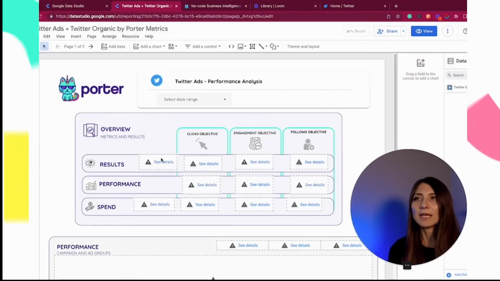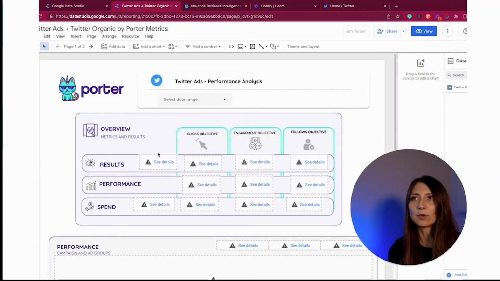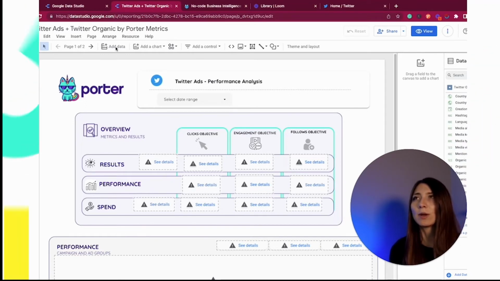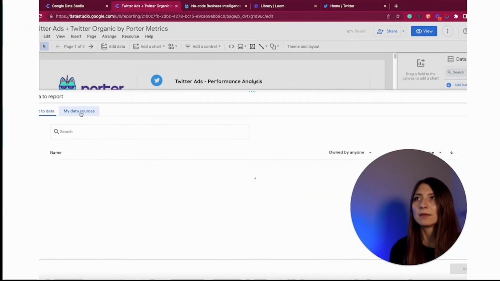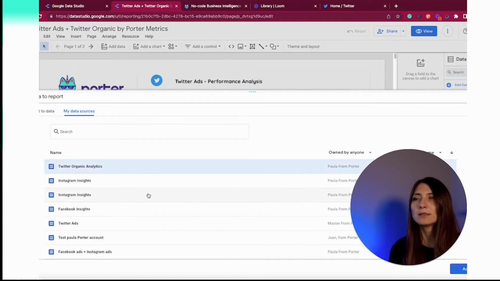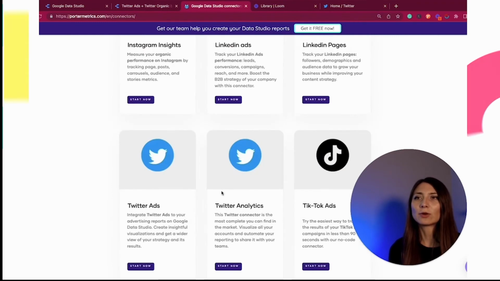And probably I see this error when I start connecting my data for the first time. So I'm gonna click here on Add Data and see my data sources. Now I see here that I don't have connected my Twitter ads. So let's do so. You can find your data source by going here,